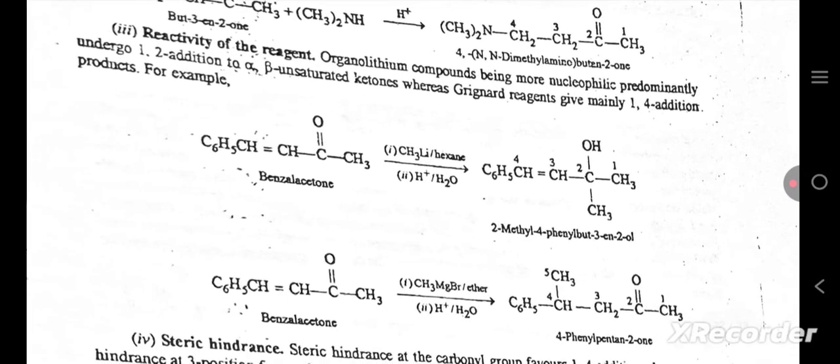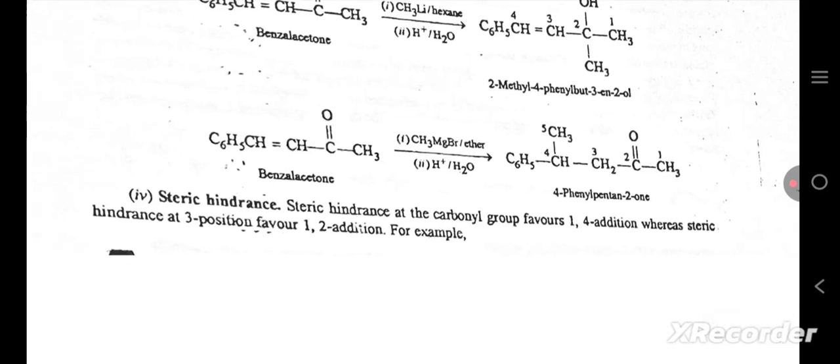Reactivity of the reagent. Organolithium compounds, being more nucleophilic, predominantly undergo 1,2 addition to alpha-beta unsaturated ketones, whereas Grignard reagents give mainly 1,4 addition products. For example, steric hindrance. Steric hindrance at the carbonyl group favors 1,4 addition, whereas steric hindrance at the 3 position favors 1,2 addition. For example,